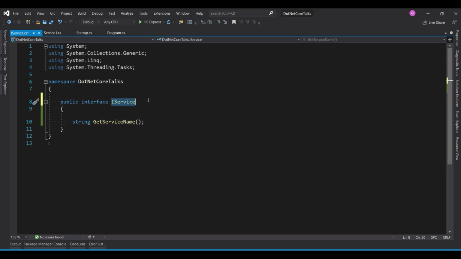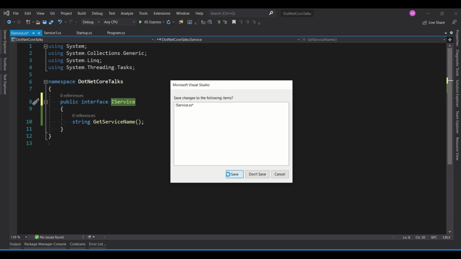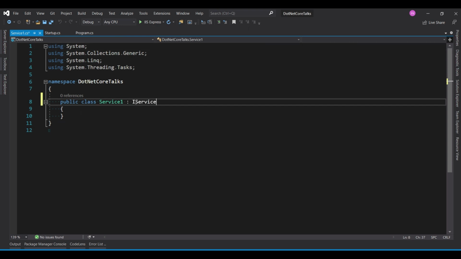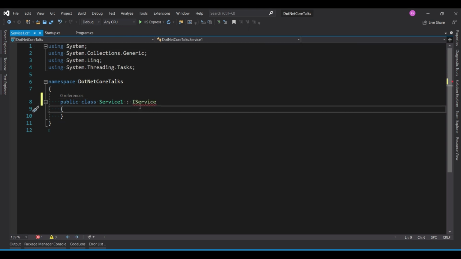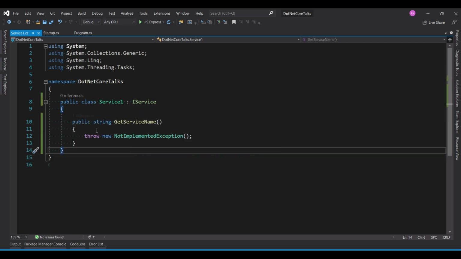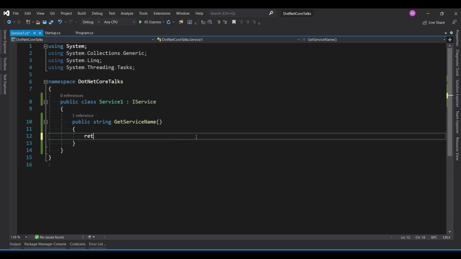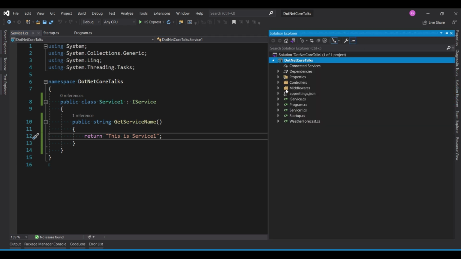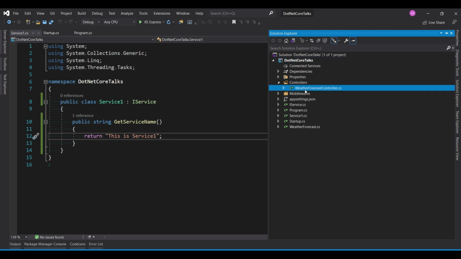Okay, so let's implement, save it and implement this. Now we have to implement. Okay, now we have implemented and we have this. Now what we have to say, let's return something. Since the return type is string, I would say this is service 1. Perfect. Okay, so now we have to go to our controller, which is the default weather forecast controller Microsoft has provided us,